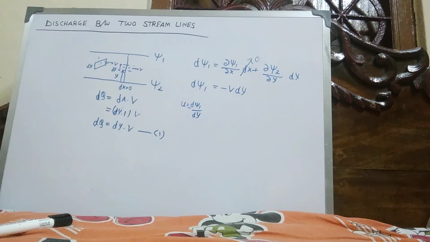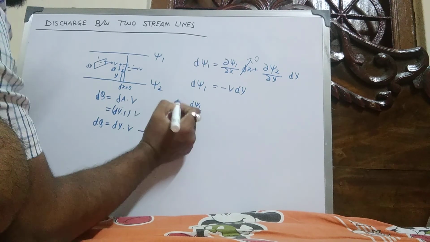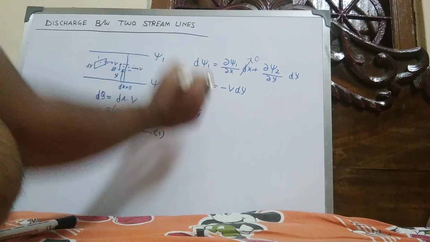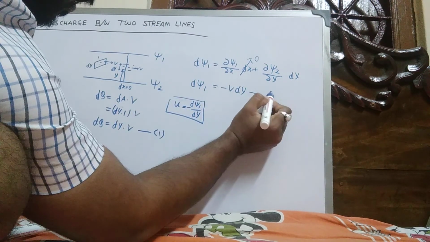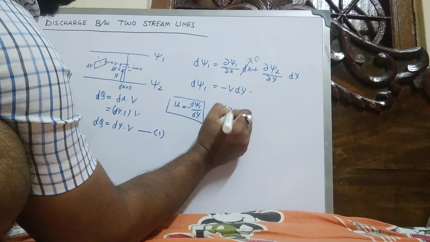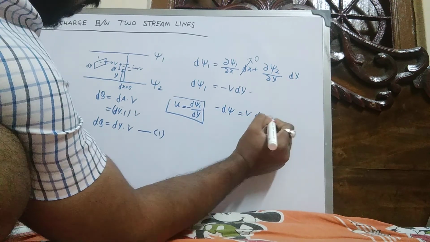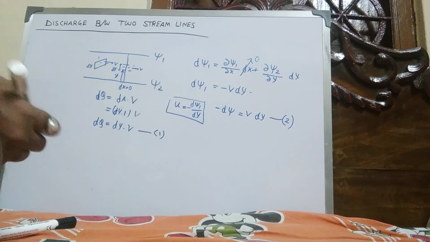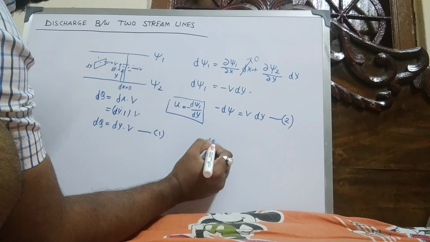Here u equals minus d phi by dy into v. This is equation 2. So comparing both of them we get dq equal to